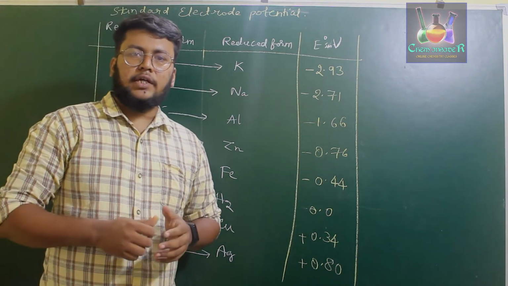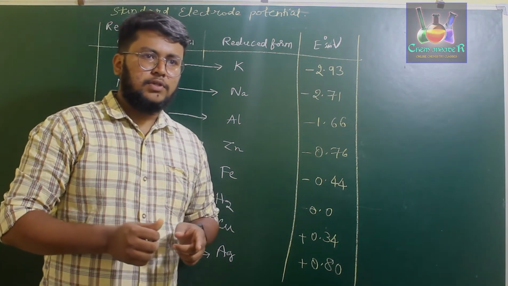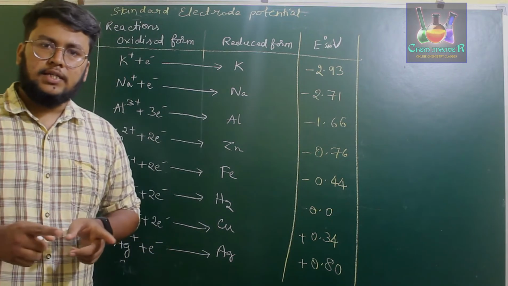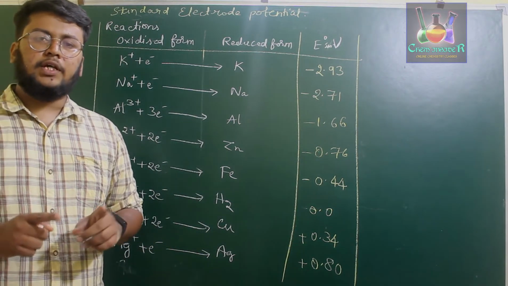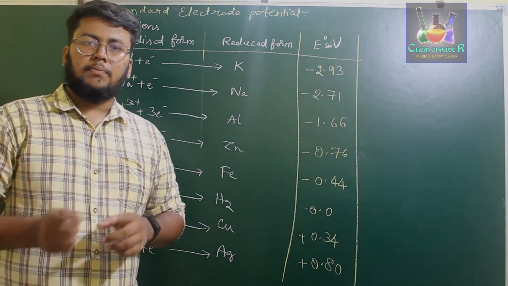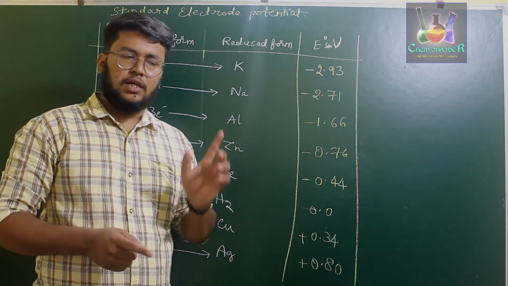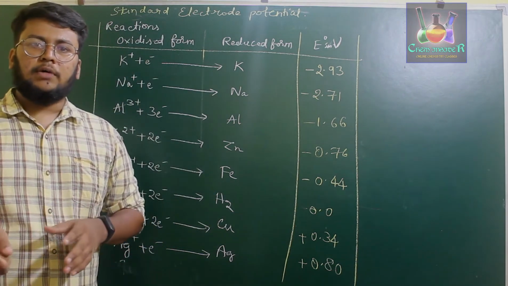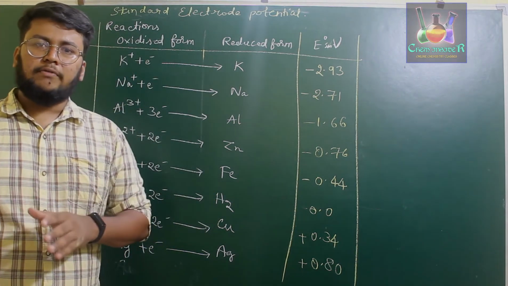Whenever you consider a standard electrode potential, what we have to do is take it as a cathode on one side. We need to take a metal and its electrolyte solution, that is, a couple of that. So these are redox couples, which I discussed in the earlier classes. The redox half couples: one will be a cathode, one will be an anode.